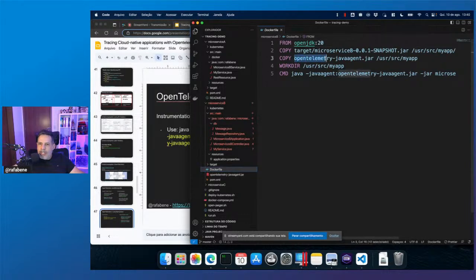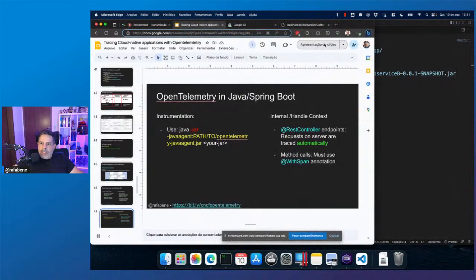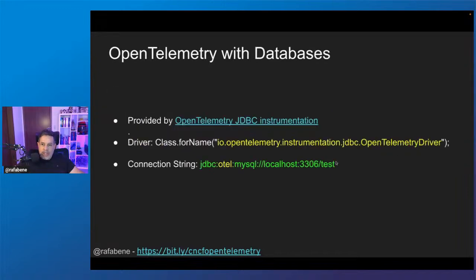I copy the OpenTelemetry Java agent to my image, and I execute with the Java agent, the OpenTelemetry jar and the name of the jar. Okay. And then my REST controllers on the server are traced automatically, and for method calls I must use the WithSpan annotation, just like MicroProfile. It's part of the OpenTelemetry specification.